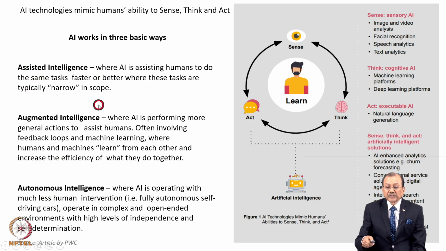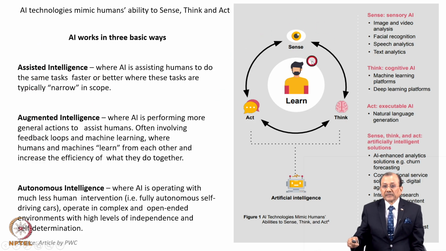On the right hand side picture, I have tried to capture that in a visual manner, that AI has three kinds of learning, which is done sometimes by training of the AI models, or by AI algorithms learning by themselves. Around this, the kind of action AI-enabled devices do is sensing, and when it is able to sense, we call it sensory AI. Images and videos, facial recognition, speech analytics are part of sensory AI.